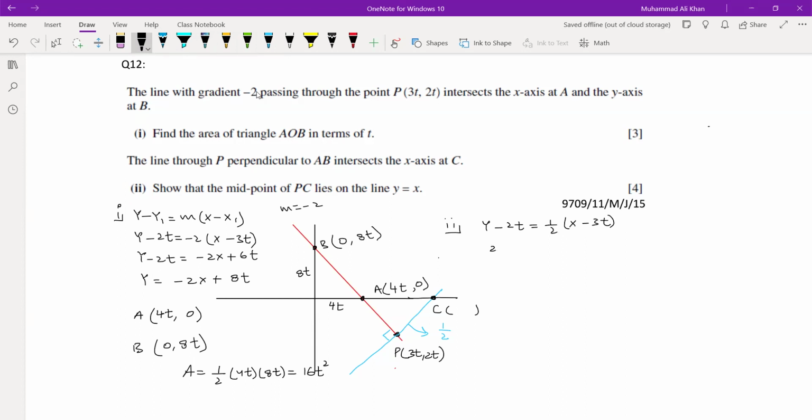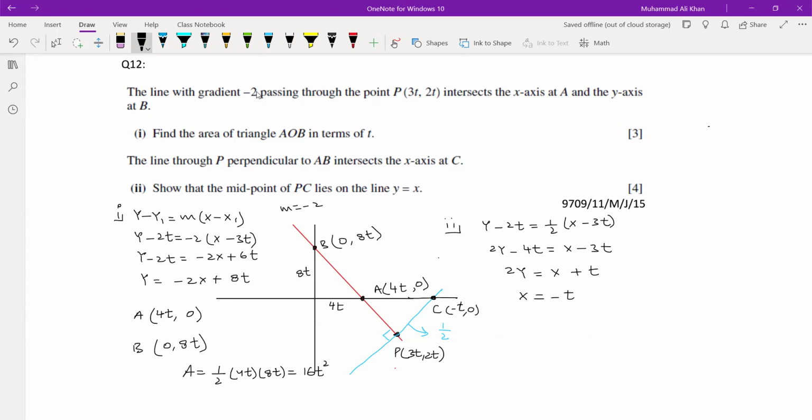Cross multiply: 2y minus 4t equals x minus 3t. So 2y equals x plus t. 2y equals x plus t. आ रही है बात समझ जनाब? ये इक्वेशन आ गई किसकी? लाइन पीसी। सी के कोऑर्डिनेट्स निकालने के लिए अगर मैं y को 0 रख दूं इसमें, तो x की वैल्यू क्या आ रही है? माइनस टी। एक्स की वैल्यू क्या आ रही है? माइनस टी। अब आप देखिए स्केचिंग है, इस वजह से माइनस टी यहां पर आ गया।